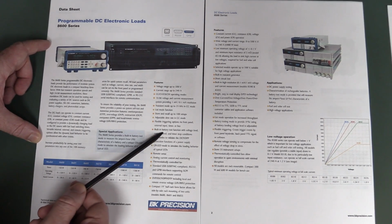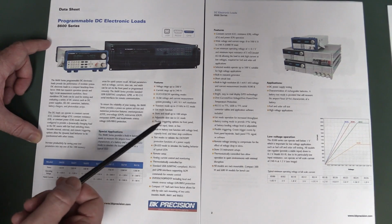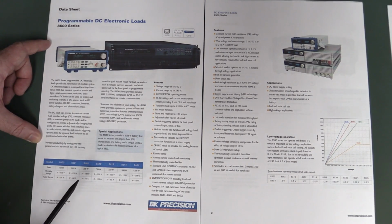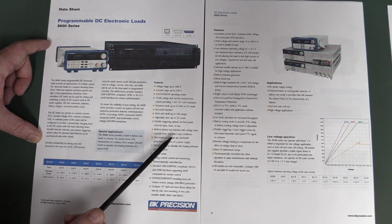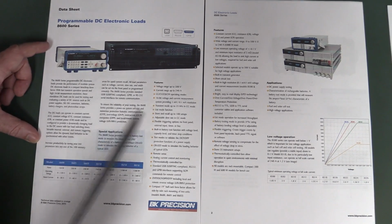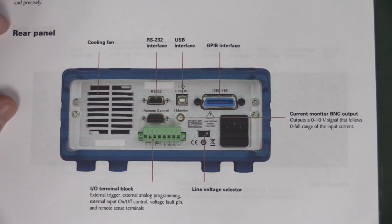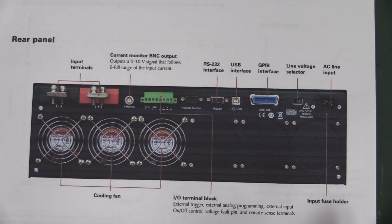Fantastic. And you've seen me use the built-in battery test function before. I believe it's got additional capability over the old one. Fantastic. The old one was very rudimentary, although it still, I believe, only does amp hours measurement. Would have been nice to do watt hours as well. That's interesting. It's got a voltage fault pin on the output as well. Going to have a look at that one. Maybe not in this video, but...